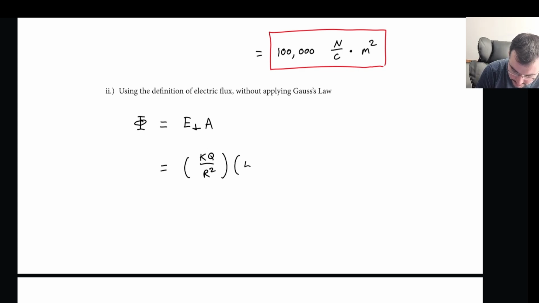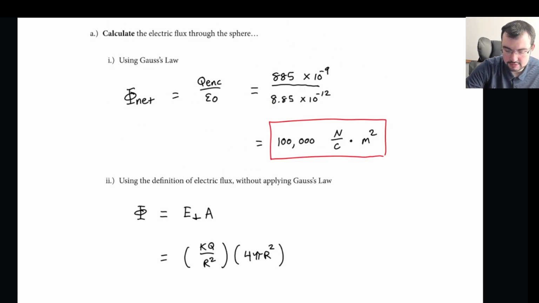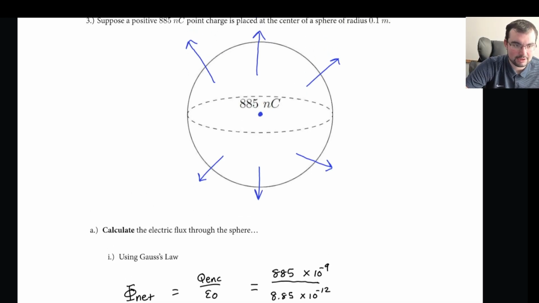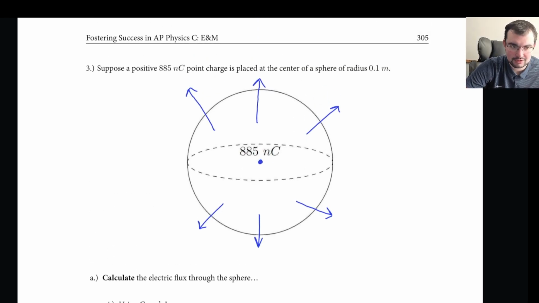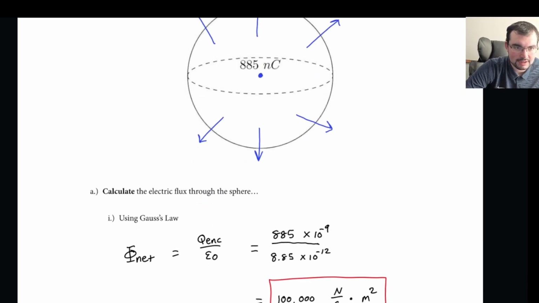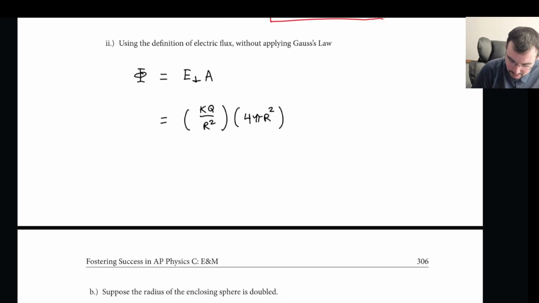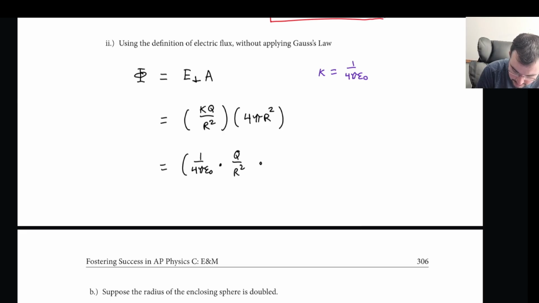And the area of a sphere is 4 pi r squared. And again, this is very similar to a problem we did in the previous section where we tried to gain some intuition for Gauss's law. Again, it did give us all of these things, but we are going to simplify a bit more because remember that instead of writing this as kq over r squared, remember that Coulomb's constant K is equal to 1 over 4 pi epsilon naught. So I could have instead written this field as 1 over 4 pi epsilon naught times q over r squared